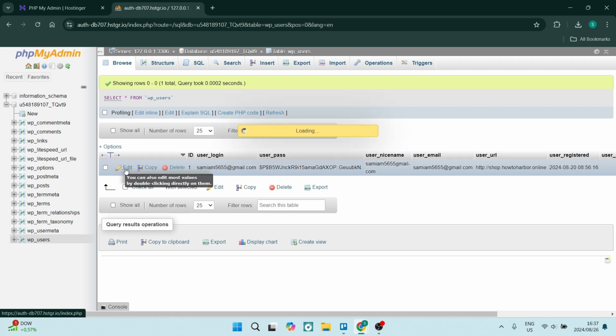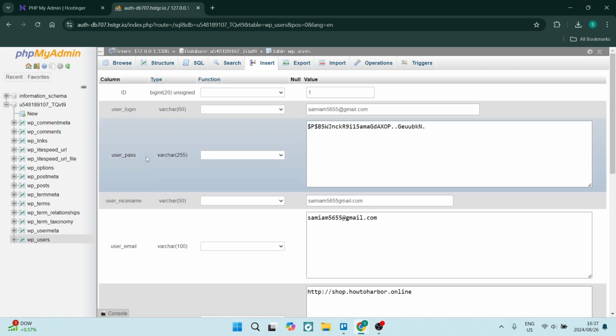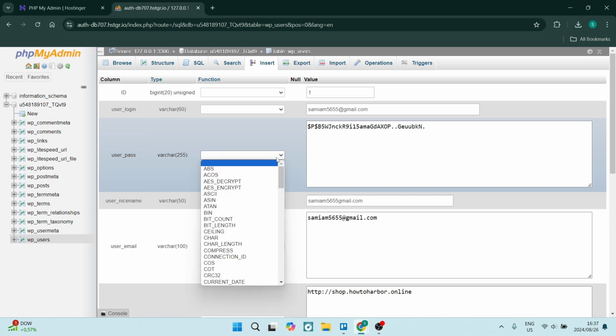So we're going to go ahead on the left hand side, you can click on edit, and here you will see all these details. Now under user login there's user password. You're going to click on this drop down menu, and you're going to look for the